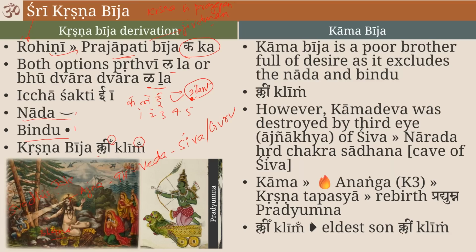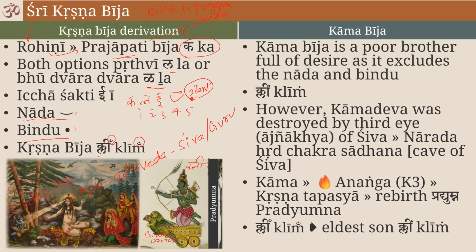So he did very, very powerful tapasya of Lord Shiva for the birth of a child. And this is all recorded. And therefore you can see that his first son, his eldest son who is born is Pradyumna. And you can see the Pradyumna is also on a chariot with birds over here, the parrot. The parrot is associated with Pradyumna and his bija is the Klim bija, the Kama bija. You see that? The same Kama bija has to be used for Pradyumna.